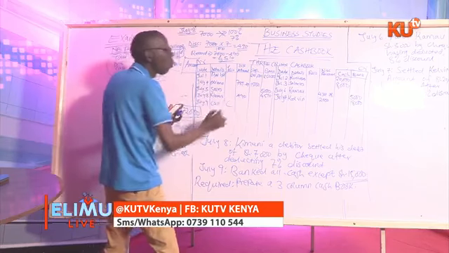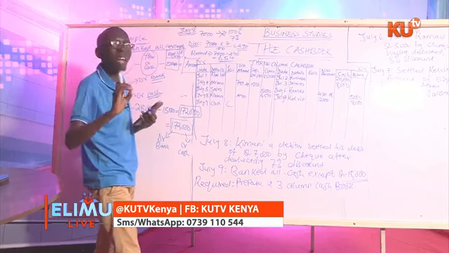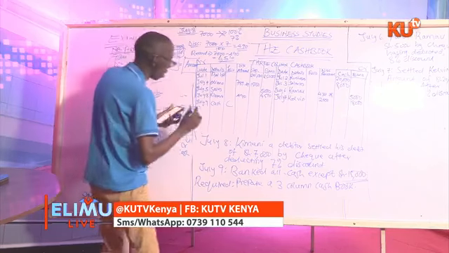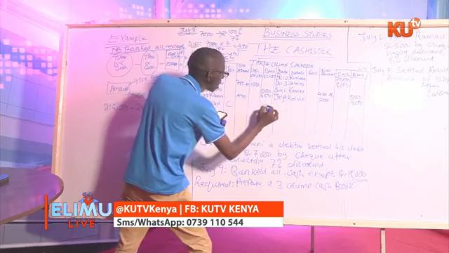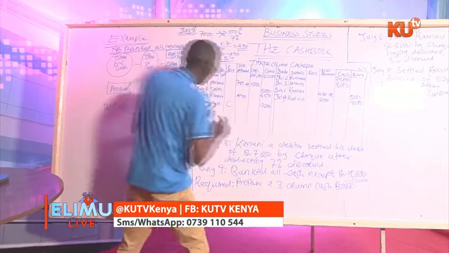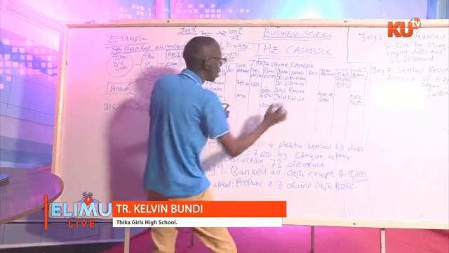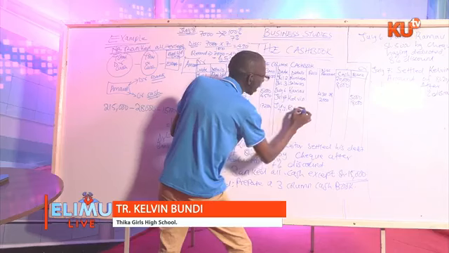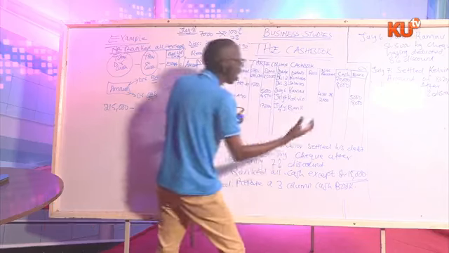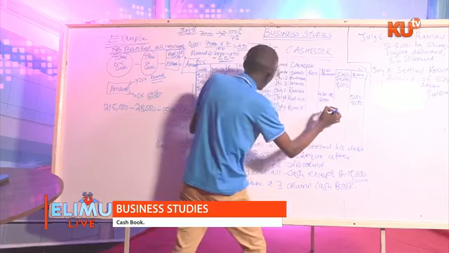We write C when a transaction affects both cash and bank at the same time. Then the amount on the debit side of the bank, 172,000. The same amount on July 9, the details will be bank. Why? It is bank where we took the cash, and therefore we credit